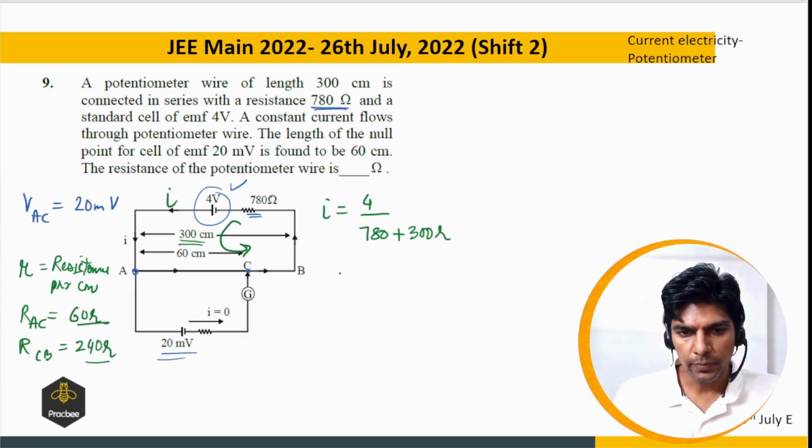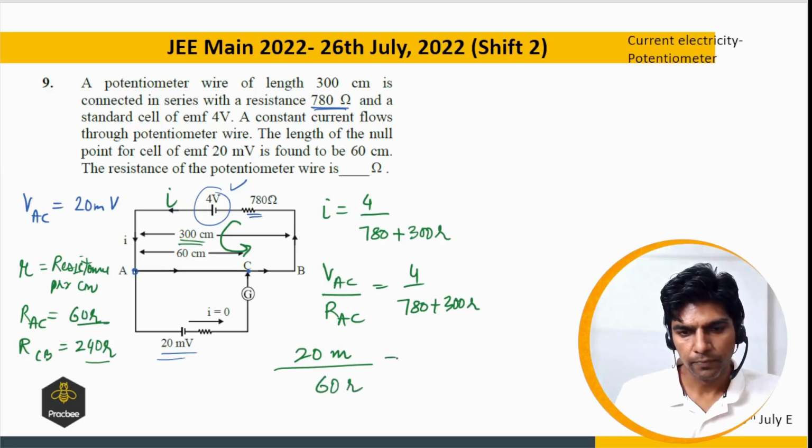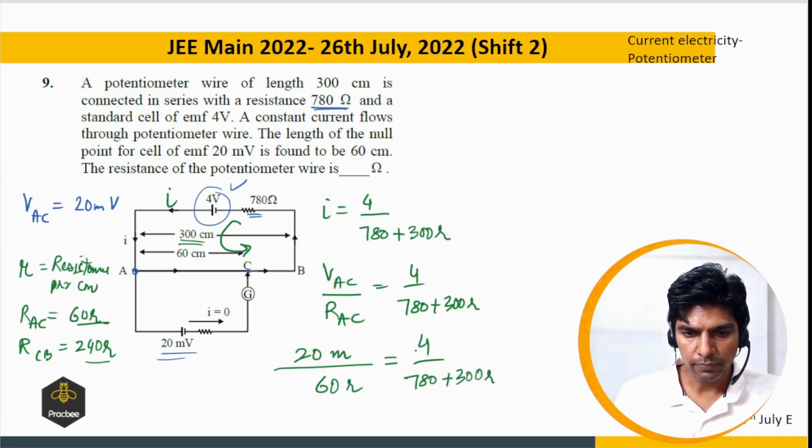So we can say I will be VAC divided by the resistance of AC, equals 4 upon 780 plus 300R. So VAC is 20 milli and RAC is 60R. So 4 upon 780 plus 300R. So let us simplify this. So this will give us 3 here, and we have 10 raised to power minus 3 times 780 plus 300R